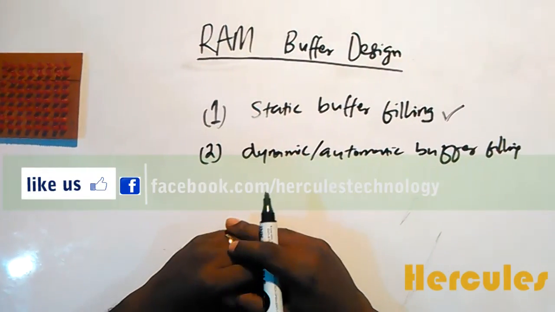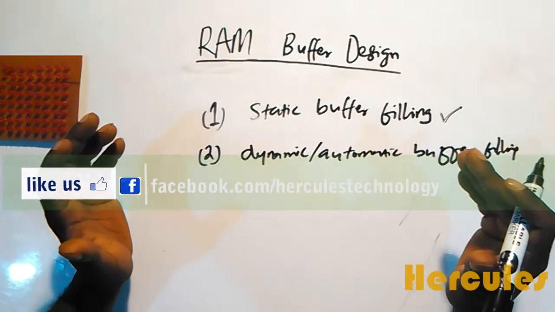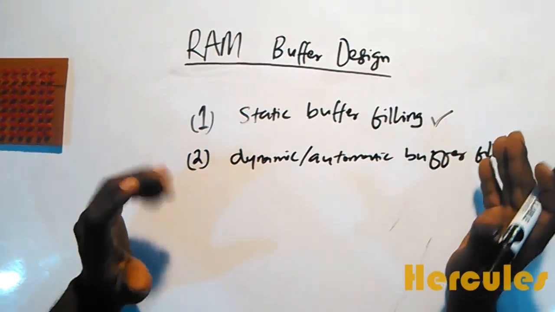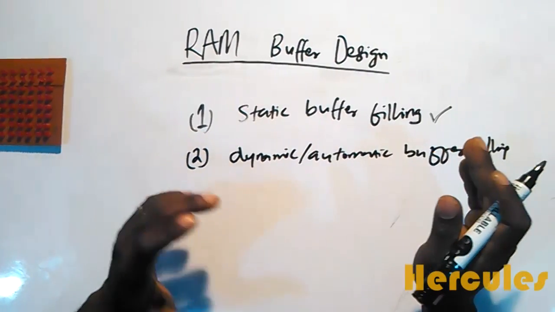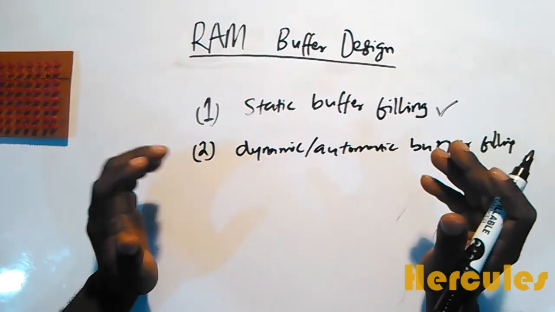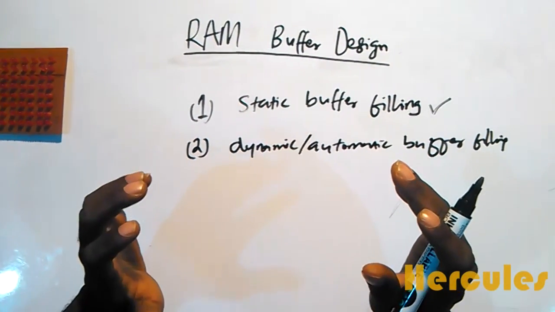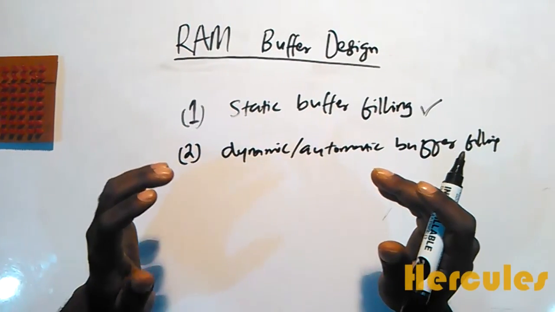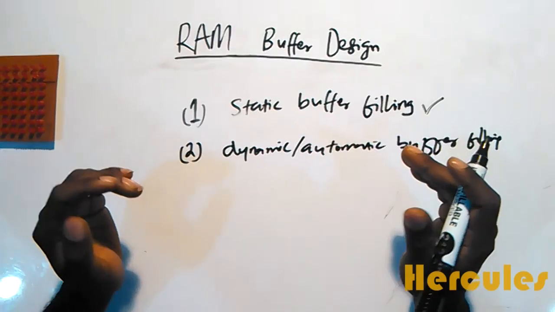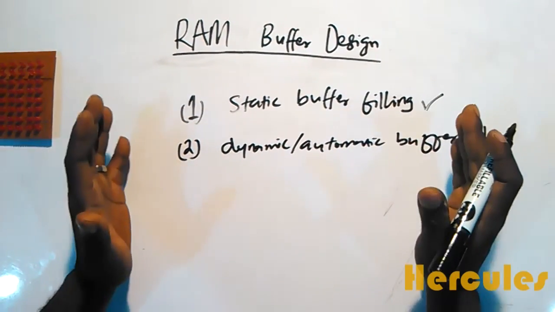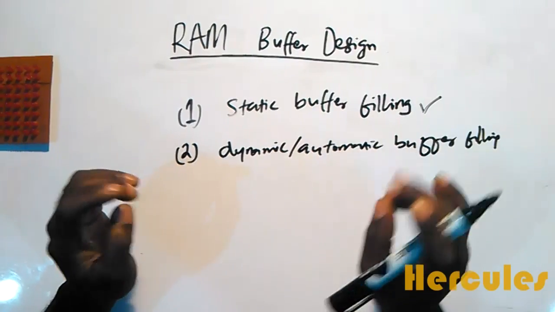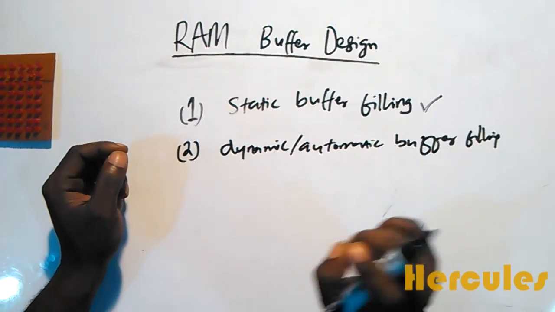So for this project we're going to be implementing a static buffer filling technique, and the static buffer filling technique involves implementing our LED matrix character segments manually on our buffer location, or our RAM location, and we're going to be doing it manually. I'm going to show you the difference briefly, and let me just quickly talk about the dynamic or automatic buffer